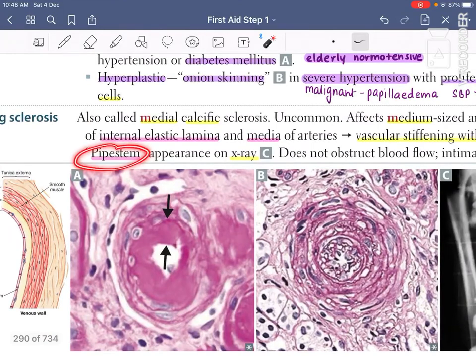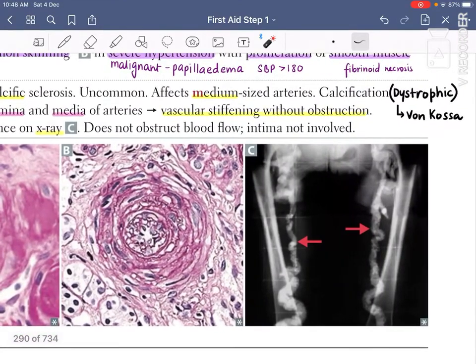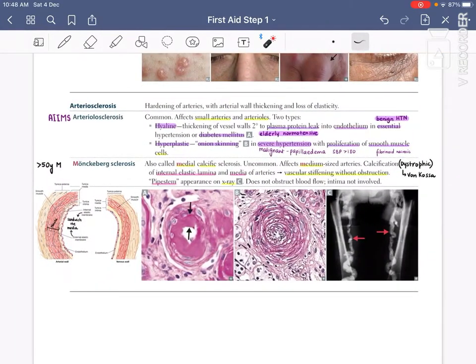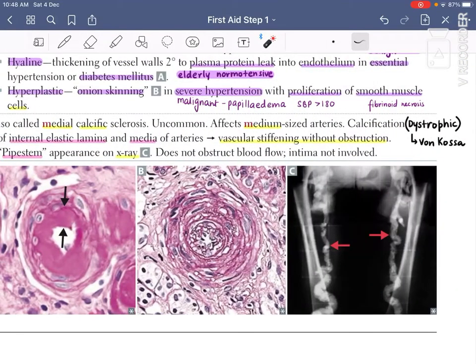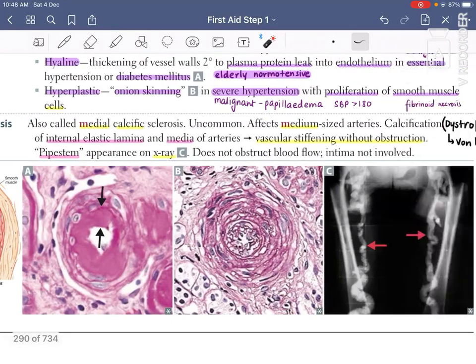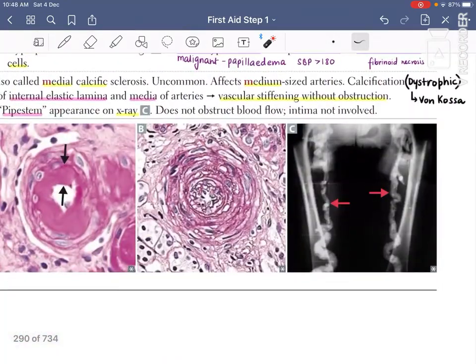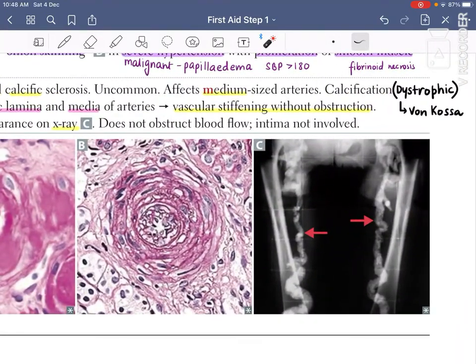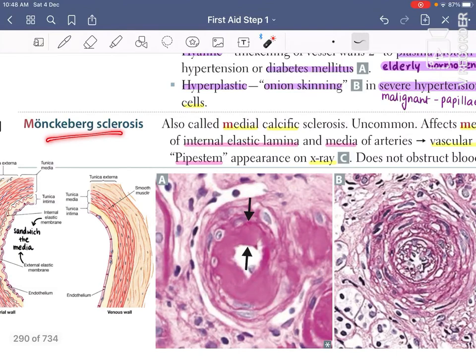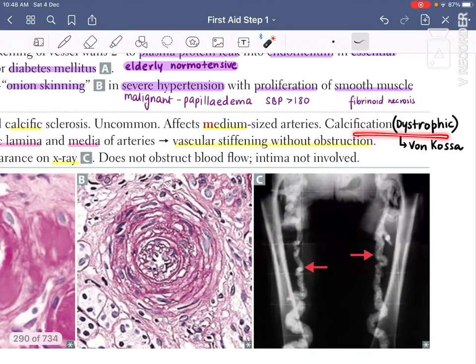And yeah, I think that covers most of it. And the last point about this, which I feel is very important, because calcification is that one topic which they keep asking again and again. It has been a very common topic. So this Monckeberg sclerosis is pretty much related to dystrophic calcification. I mean, the type of calcification that happens here is dystrophic, that is, because of some abnormality.